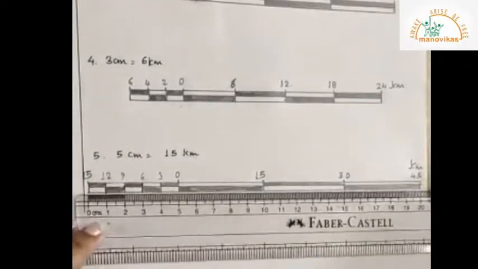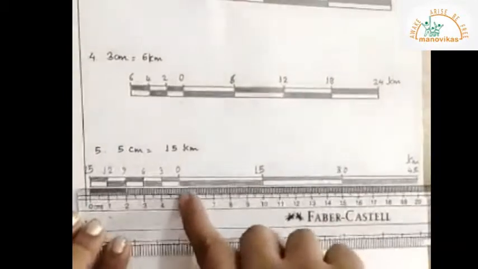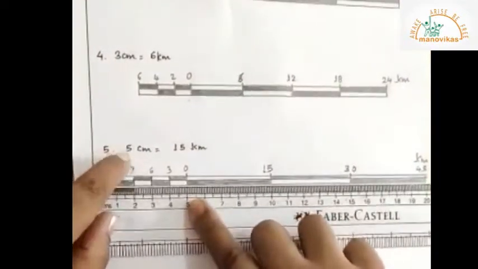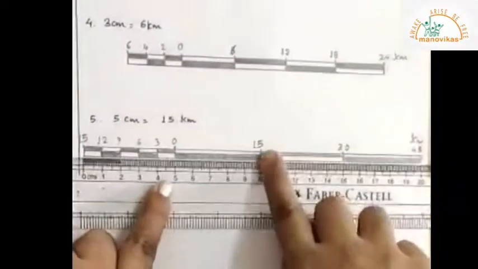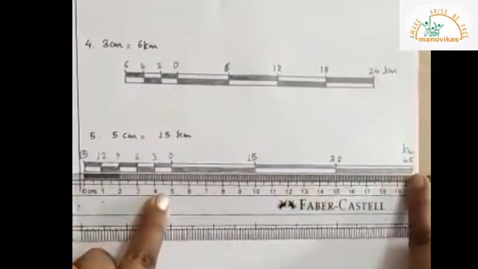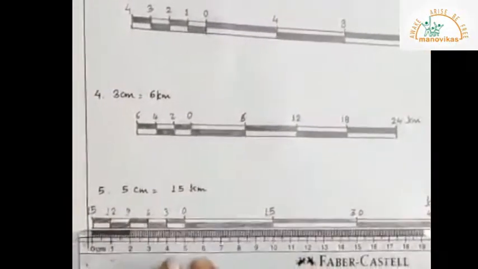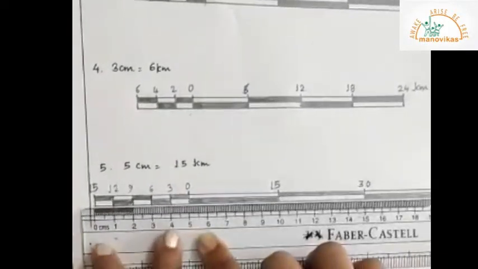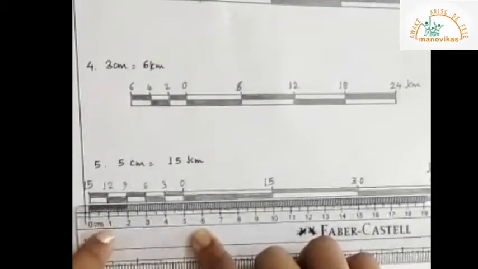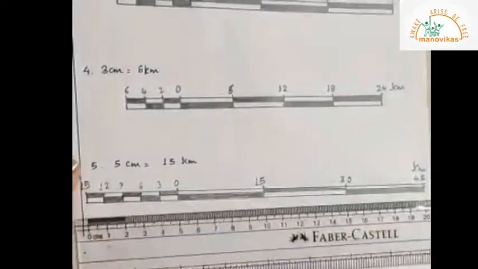I have drawn here a line of 20 centimeters. The first segment is at 5 centimeters, because the map distance is 5 centimeters, followed by the next segment of 5, which denotes 15 kilometers on the ground, followed by 30 and 45 kilometers respectively. Then on the left hand side of the 0, I have divided 5 to 15 into 5 smaller segments at an interval of 1 centimeter each, which gives us 3 kilometers, 6 kilometers, 9 kilometers, 12 kilometers, and finally 15 kilometers. This is usually taken to measure the minor distances.